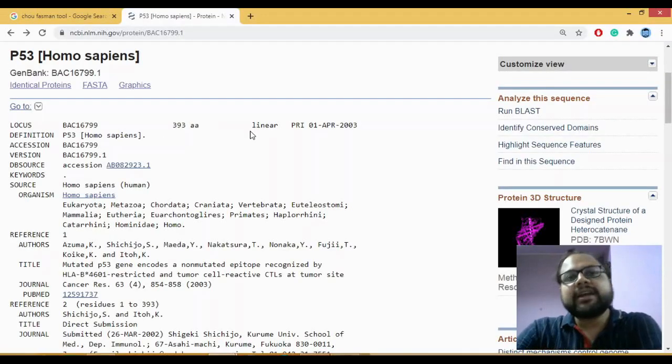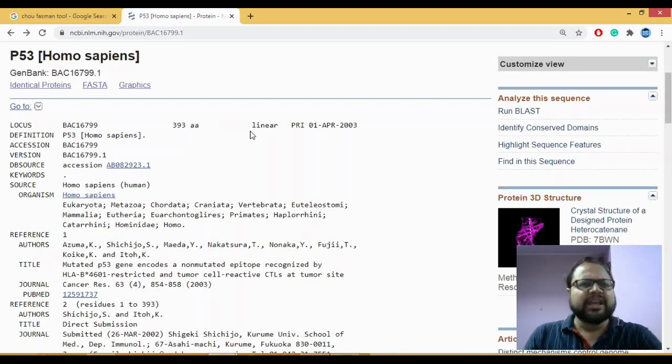So let's begin by understanding how Chow-Fasman works. Even before we start with Chow-Fasman, we need to have a sequence for it. Either you have an unknown sequence which you have developed in your lab, or a sequence which is present in the NCBI, and for that sequence you want to identify the secondary structures.